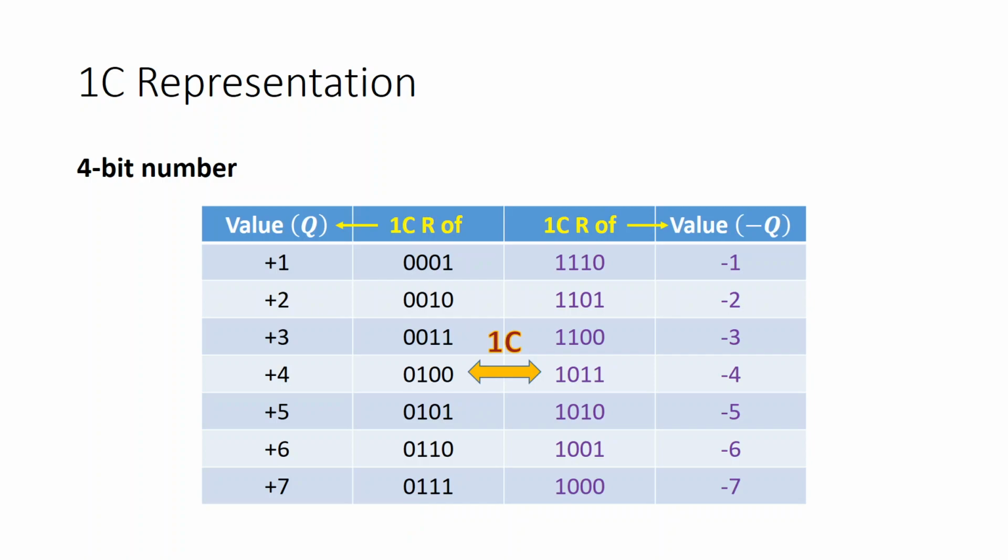Again this relationship holds. So the second and third column are complements of each other, and the second column is the 1's complement representation of the first column. The third column is the 1's complement representation of the fourth column, and the second and third columns are 1's complement representations of each other. Which are the numbers which we have left out? One number we have left out is 0 0 0 0. Another number we have left out is 1 1 1 1. So let us see what about these numbers.